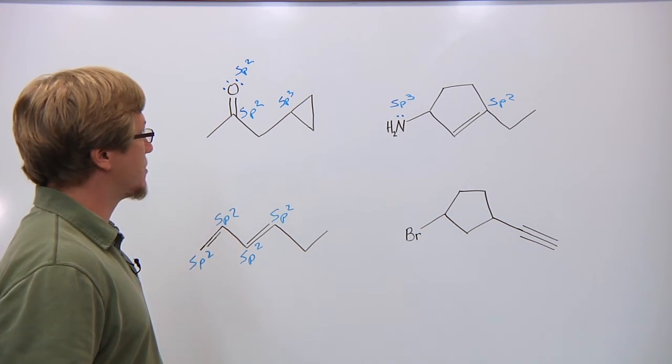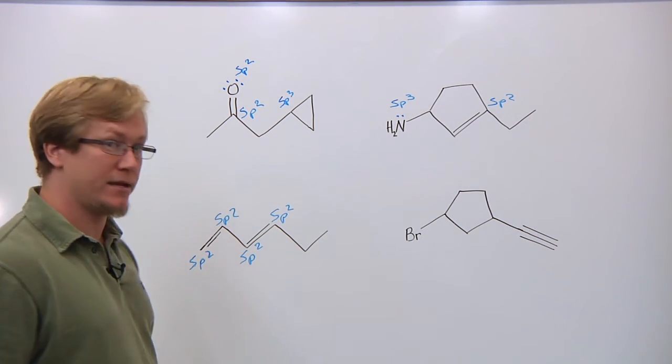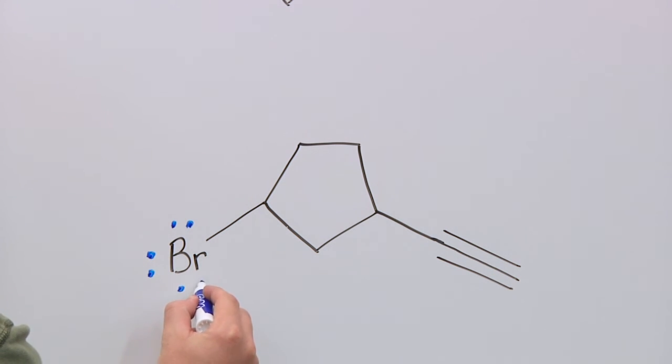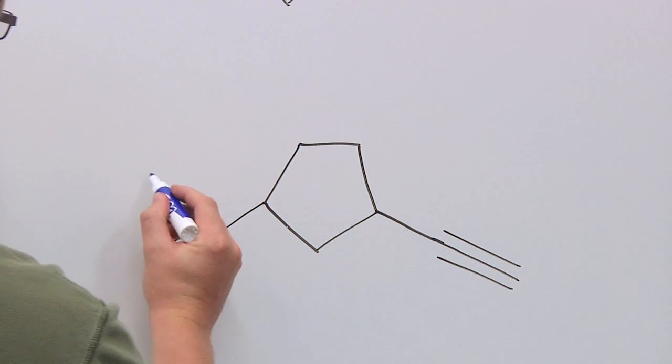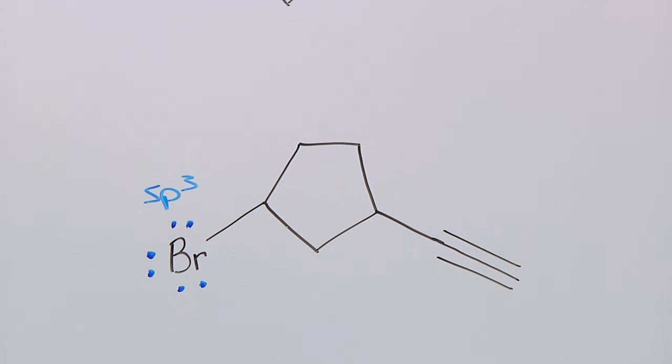Well, similar to oxygen and nitrogen, bromine has lone electrons. How many? Well, in this case, we actually have 3 lone electron pairs. So with 3 lone electron pairs and 1 sigma bond, we're going to treat this like we have 4 sigma bonds. There's no pi bond, so this is going to be sp3 hybridized. Now what we have over here is a triple bond. This is the first time we've seen a triple bond. So how does a triple bond affect our hybridization?